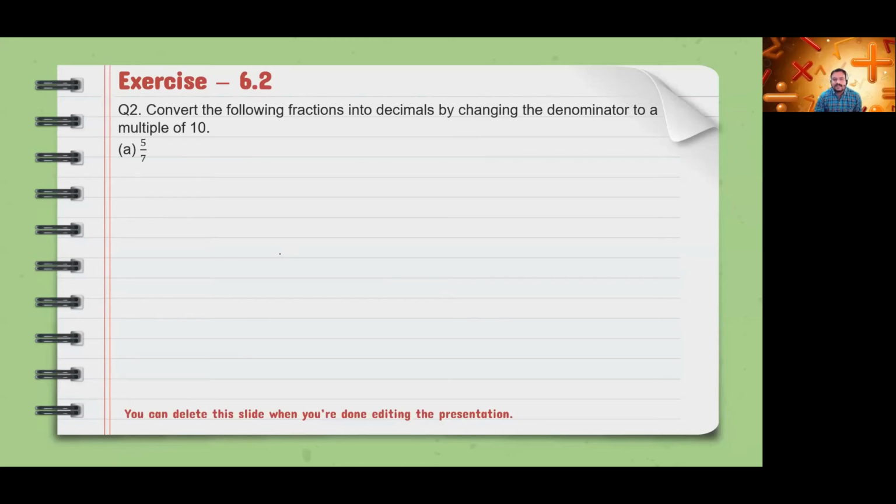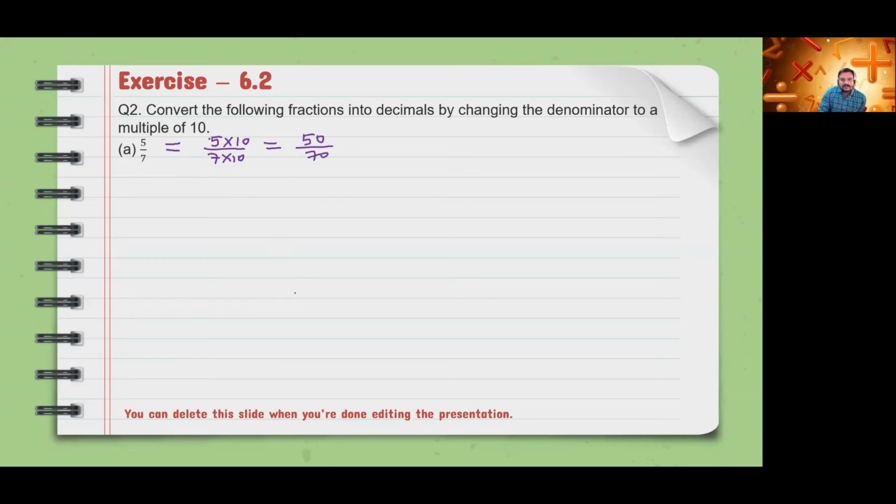The denominator, you have to make it a multiple of 10. Sir, we have to multiply it, na? Correct. So for making the denominator a multiple of 10, you will multiply the denominator by 10. And in the numerator also you will have to multiply, because what you do in the denominator you have to do in the numerator too, in order to balance the equation. So this will come what? Sir, 10 by 70.